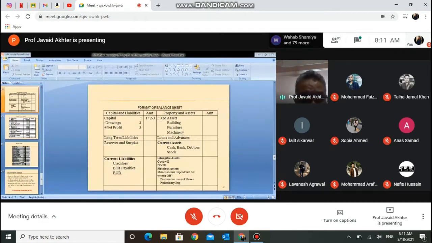Good. Now let us move on. So you have decided that profit will be added to the capital. Once you do so, you come up with a statement like the one appearing on the balance sheet on the screen, and both sides will be equal. If this is clear, let me take you to a little more exercise and then we will proceed.